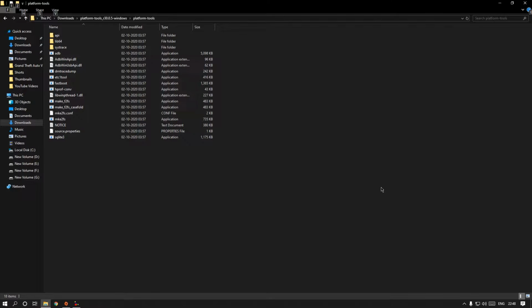Hello guys, in today's video I'm going to show you how to unlock the bootloader on your OnePlus 7T. So firstly, make sure you have backed up everything, as this will erase everything on your device. I have already made a backup, so I will go directly to the steps to unlock the bootloader of your device.